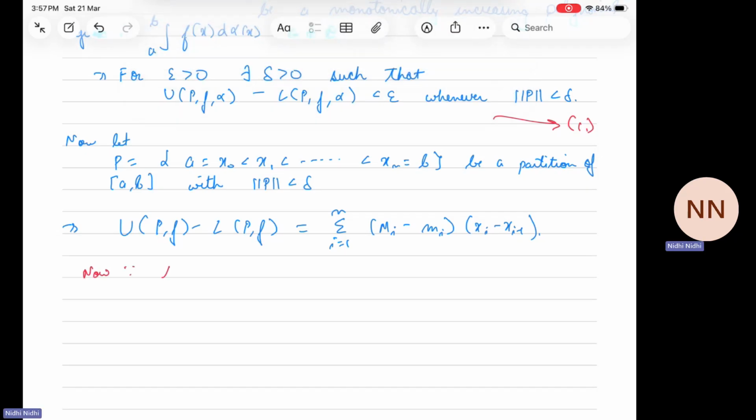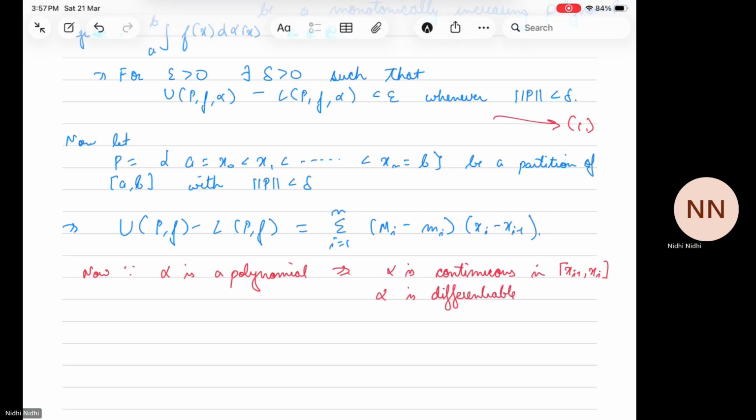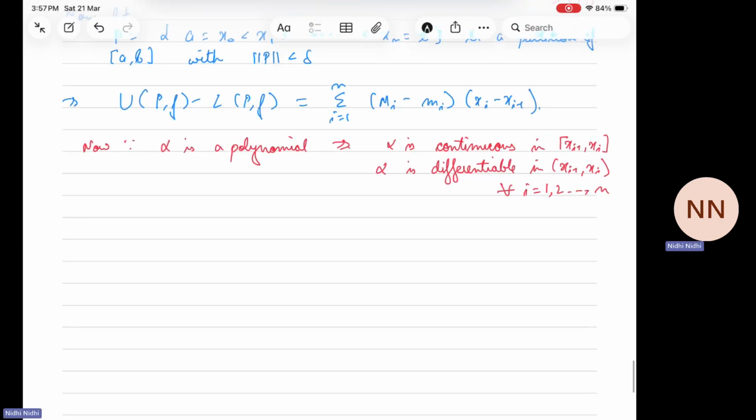So since alpha is a polynomial, this implies alpha is continuous in the closed interval x_{i-1} to x_i. Alpha is differentiable in this open interval x_{i-1} to x_i, and this happens for every i from 1 to n, then by